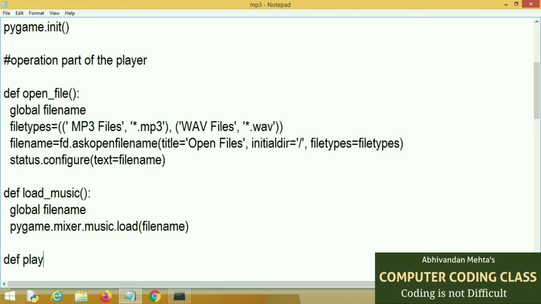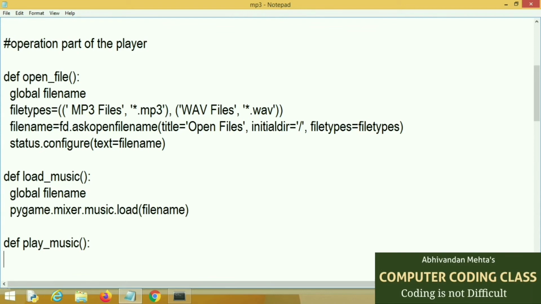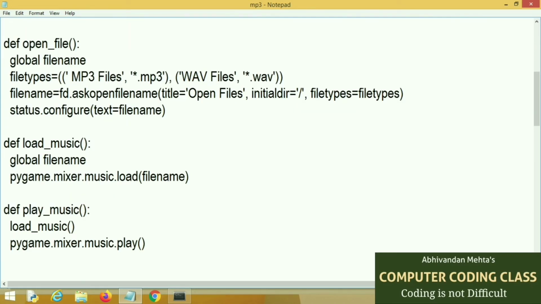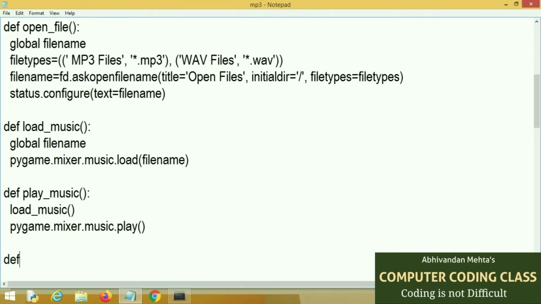Next one is pygame.mixer.music.load, that will load our file, and the third function is play music, pygame.mixer.music.play. But before playing music we will have to load the music, so we will call our load function in the play music function. So we will not separately call the load music function.